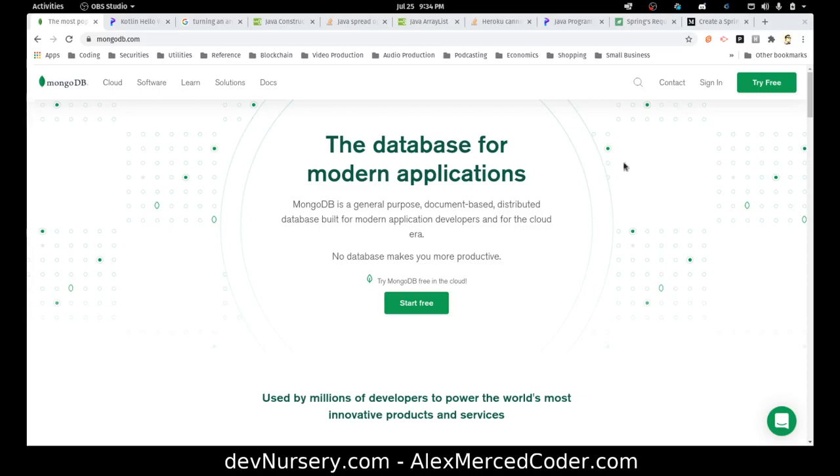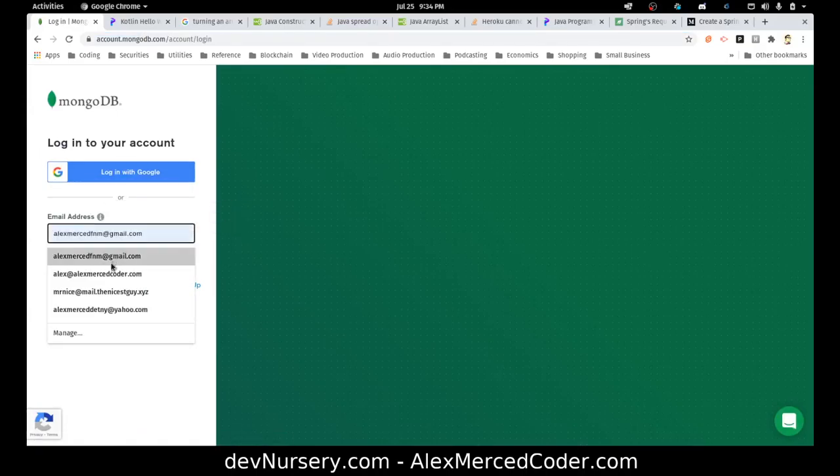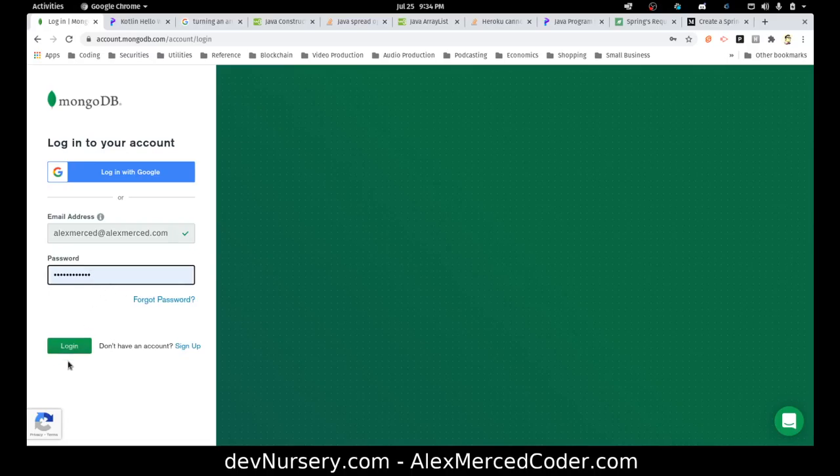The main one is from Mongo themselves, so you just go to mongodb.com and you're going to sign up for a free account. The account is free and the databases are free at that lowest tier, and I'll show you how you do that. So I'm going to sign into my account. Okay, so sign into your account,